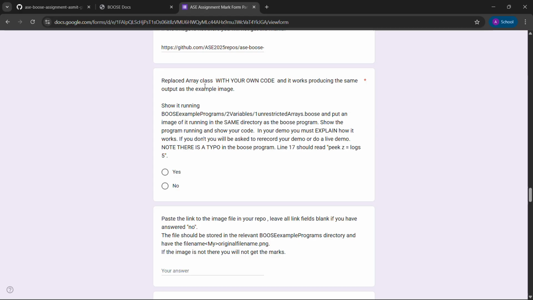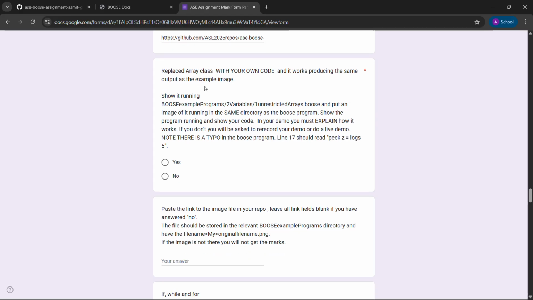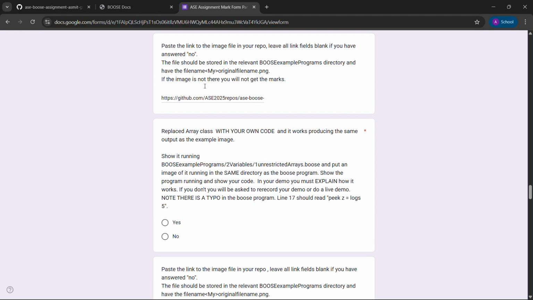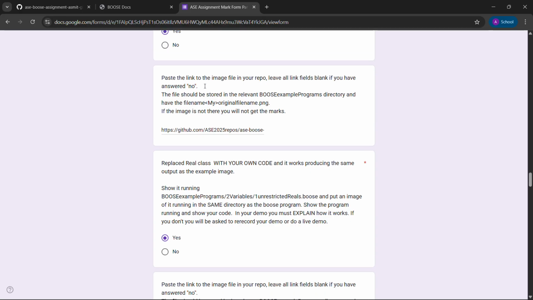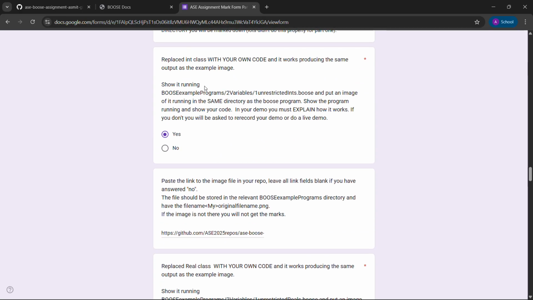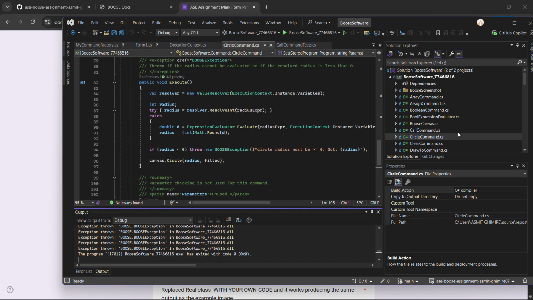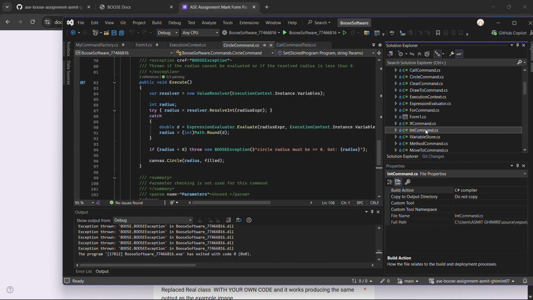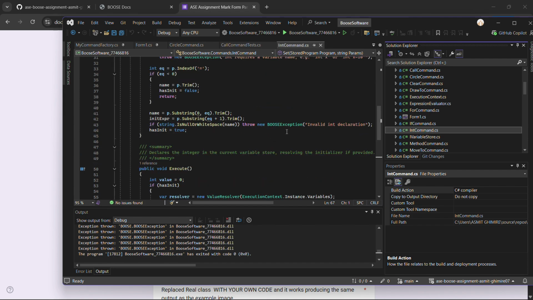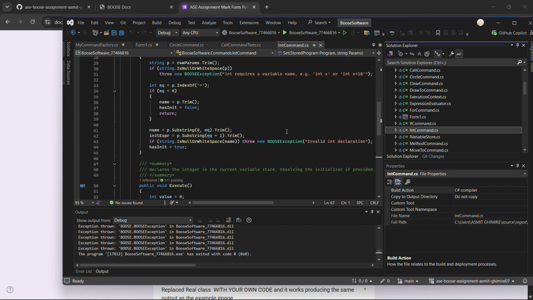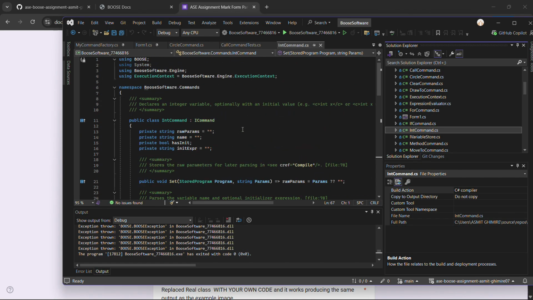Replaced array. I also have to explain the code, I forgot. So how int works is that my project has a custom int command class that implements the ICommand interface and declares integer variables in a variable store. So it replaces the int behavior for my interpreter.